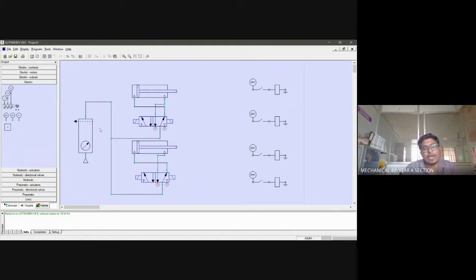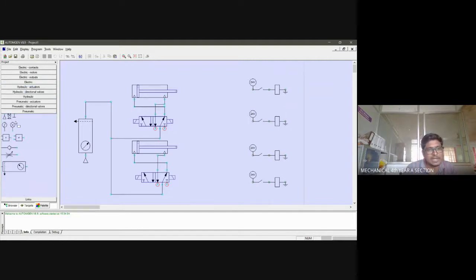Since we are using air as a medium and air is present in abundance, you have to drain this air outside. In order to drain, there is a possibility for much noise to be generated, so to reduce the noise, we are placing a silencer over here. The silencer suppresses the sound of the air coming out of the direction control valve. That's it, the connection has been completed.